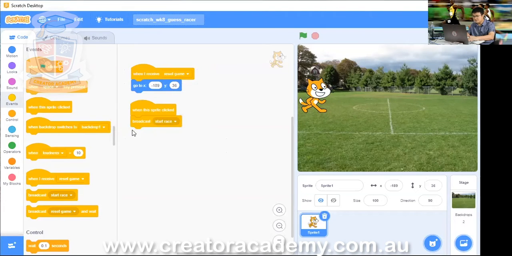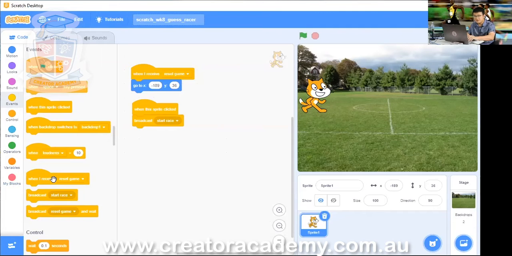So when this sprite is clicked, we broadcast start race. And to make it broadcast start race, we go broadcast down here, and then we click the arrow, and then we go new message, and then you type out start race. All right. When this sprite is clicked, we broadcast start race. And now we're going to handle what it does when we do start the race. Okay.